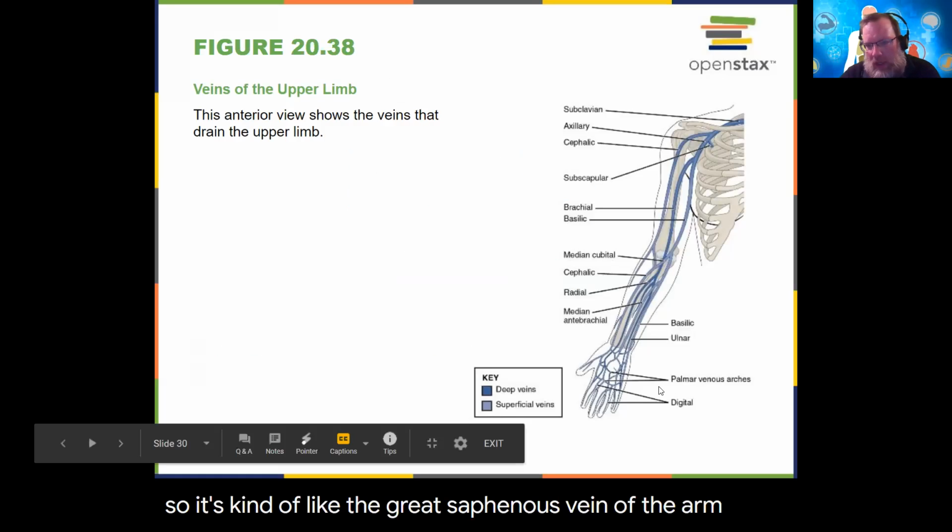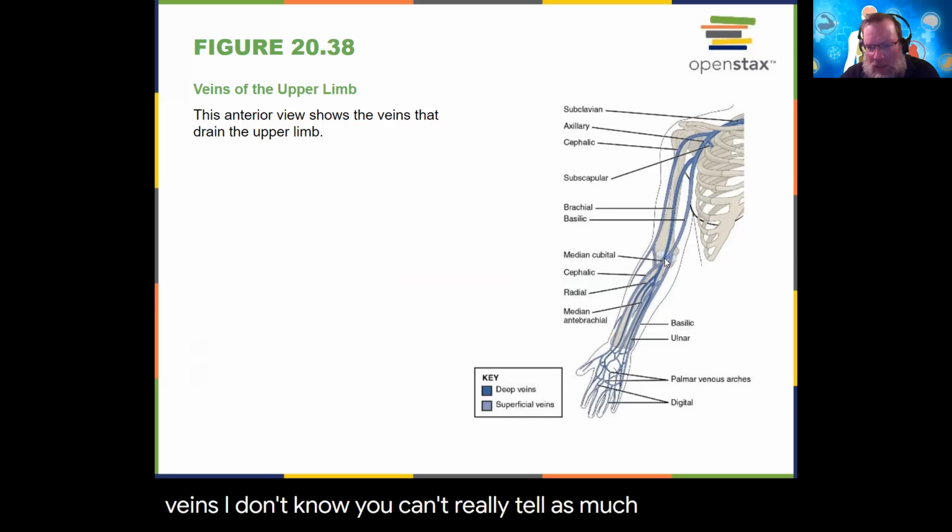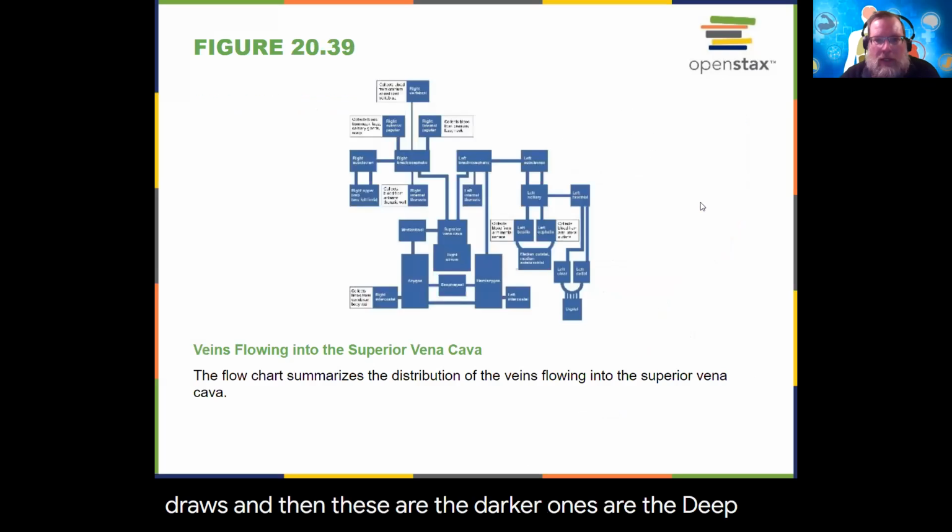Oh, and the color coding, they've got the deep veins and the more superficial veins. I don't know, you can't really tell as much on here, but you can kind of see the median cubital is a superficial vein. Again, that's the one we go after for blood draws. And the darker ones are the deeper veins. Anyway,